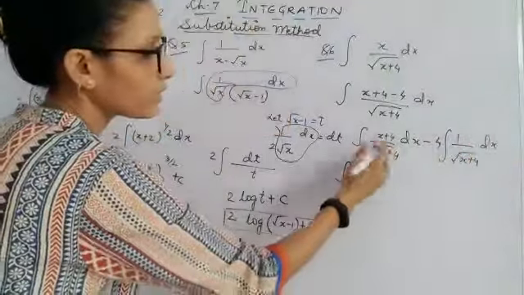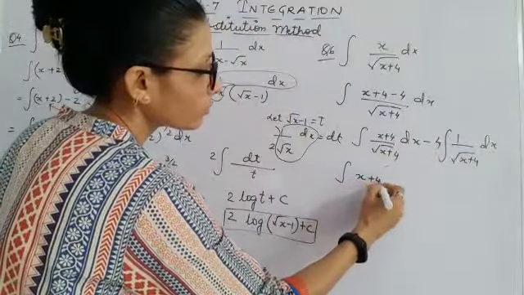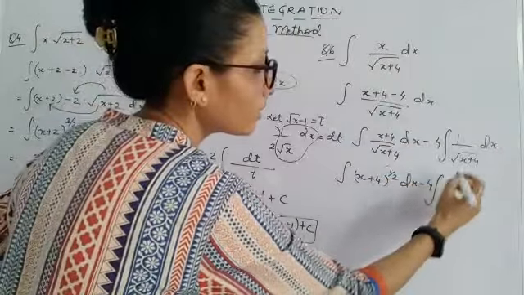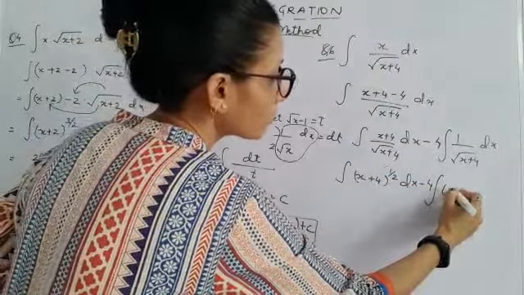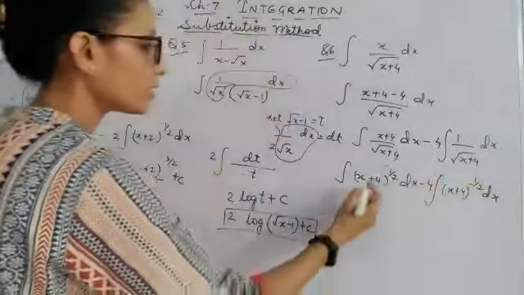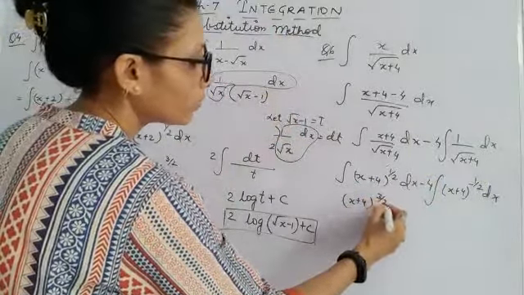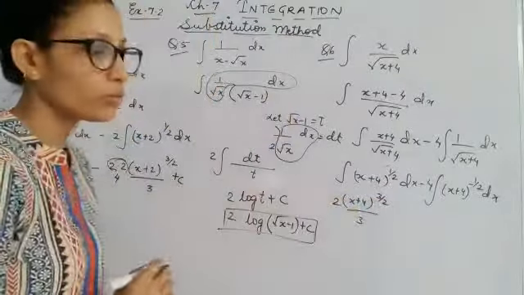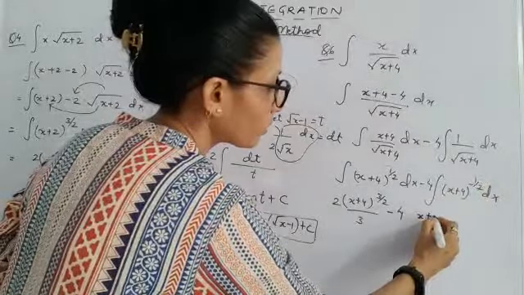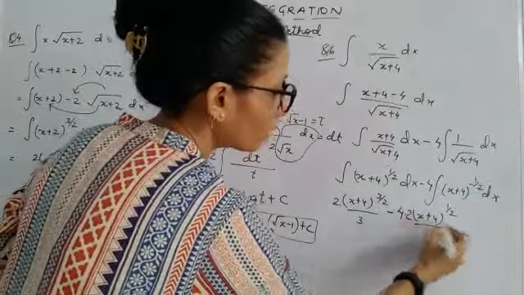So now this can be written as integration of x plus 4 raised to power half dx minus 4 integration of 1 upon root x plus 4 dx. Here, this is raised to power 1 and this is raised to power half. So this can be written as x plus 4 raised to power minus half dx. So integrate it. This will be x plus 4 raised to power 3 by 2, with 3 by 2 down, minus 4. Minus half plus 1 will make it x plus 4 raised to power half, with 1 by 2 going up, plus c.